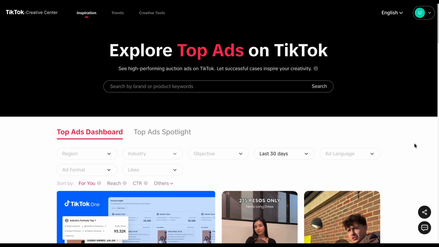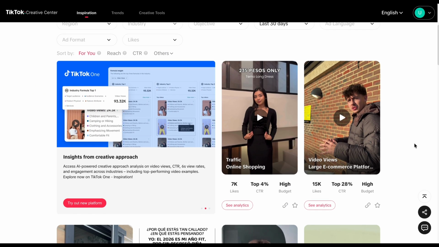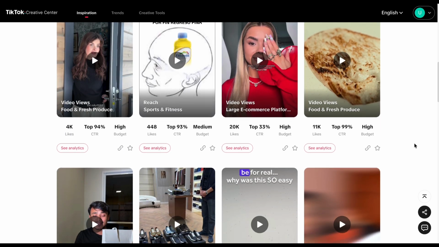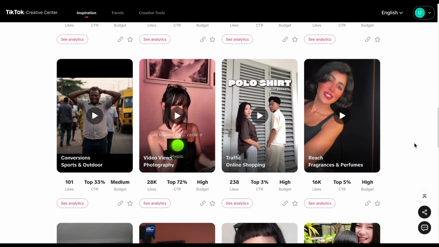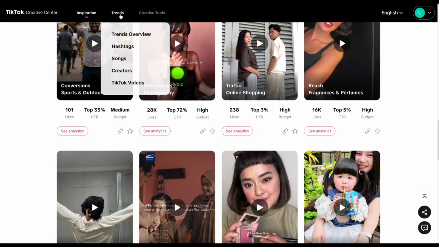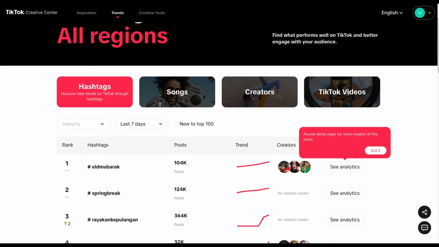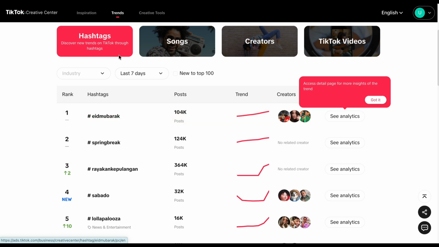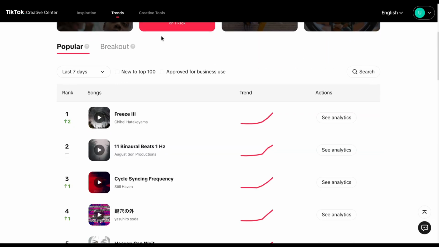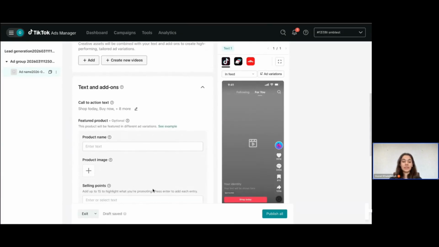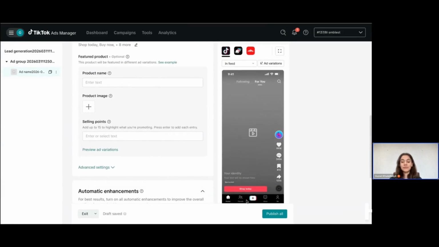Furthermore, you can also get inspired by exploring various creative videos using the TikTok Creative Center. This is also TikTok's very own official website where you can see the most popular trending videos, the most popular viral sounds, and the specific hashtags that are currently being used. After adding the creatives, you will fill in all the remaining information and simply click on the Publish All button